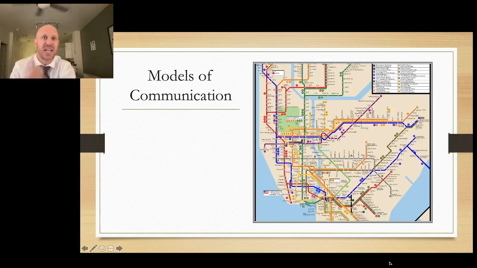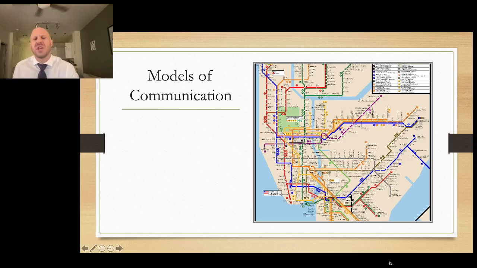Say we actually wanted to get our body from point A to point B, this model would be very useful for us. Similarly, when we are building communication models, we want them to give us a better understanding of what communication is. We want to use them to help us predict what might happen given certain communication situations. And we might also want them to help us control our environment to improve the functioning of our organization or to improve the functioning of our relationship.